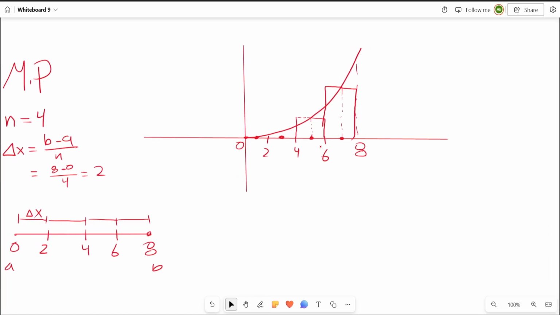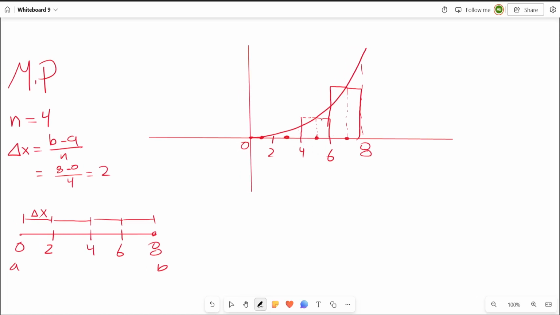Okay, so how can we add the areas of these rectangles? So the total area is going to equal delta x, which is the width of this rectangle, let's say, multiplied by the height of this rectangle. So what's the height of the rectangle? The height of the rectangle is basically f